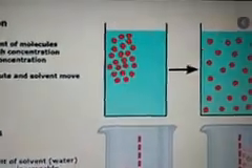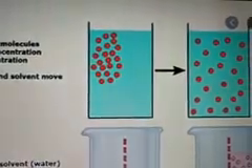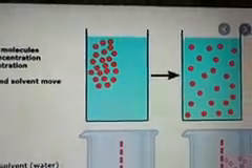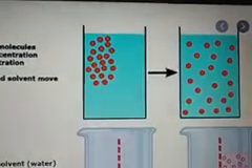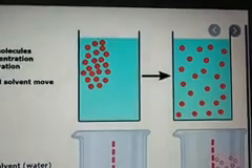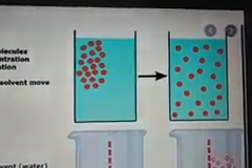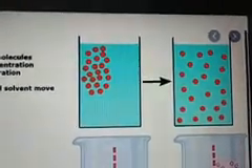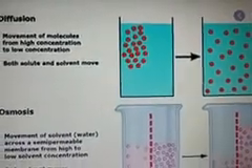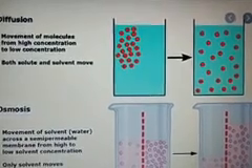Here you can see in one beaker, red colored solute is concentrated at the upper part. Then slowly it diffuses, means it spreads into the whole solution, means it evenly distributes. Okay, so it's moving from higher concentration to lower concentration, and it makes the solution equal. So here solute and solvent both can mainly move.